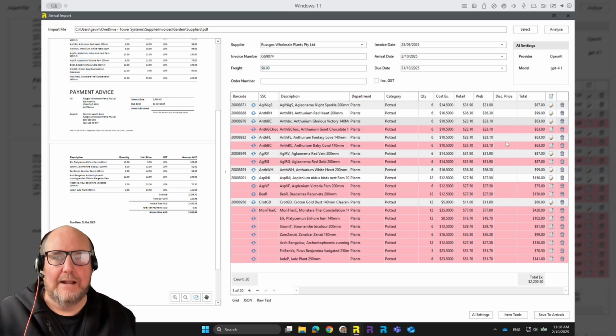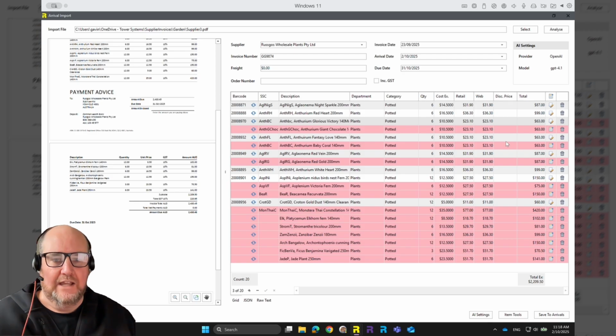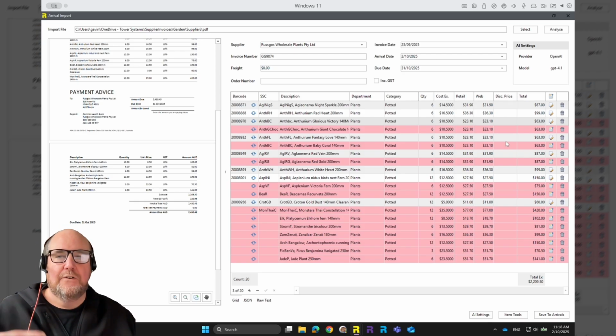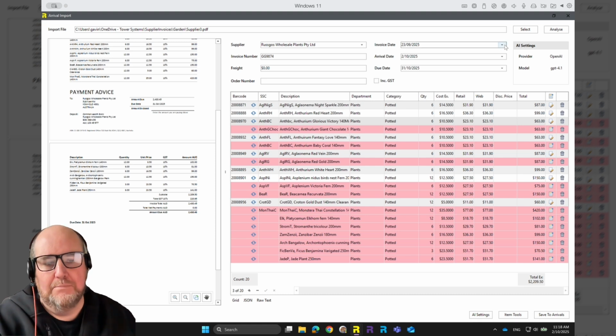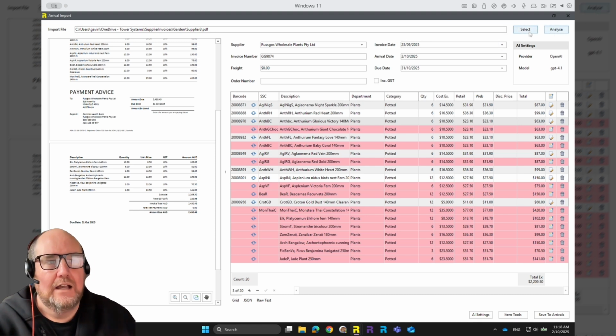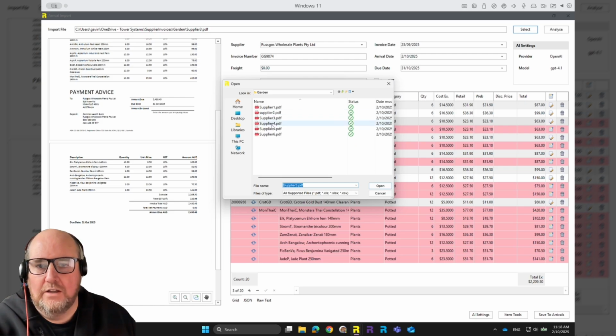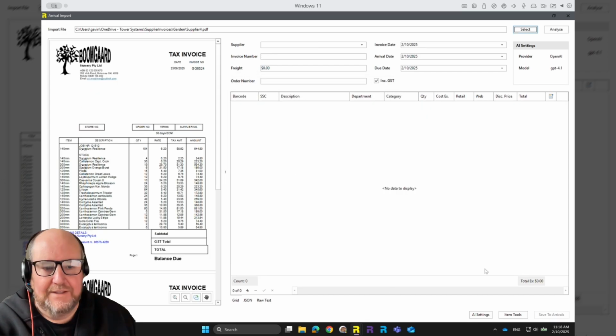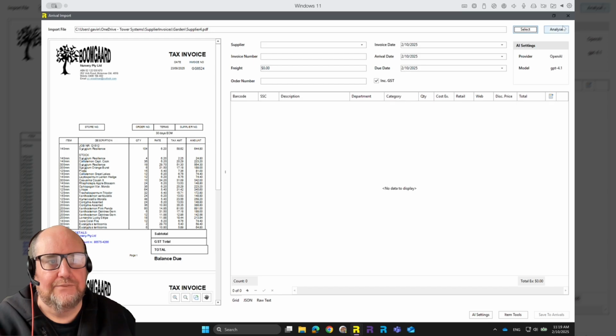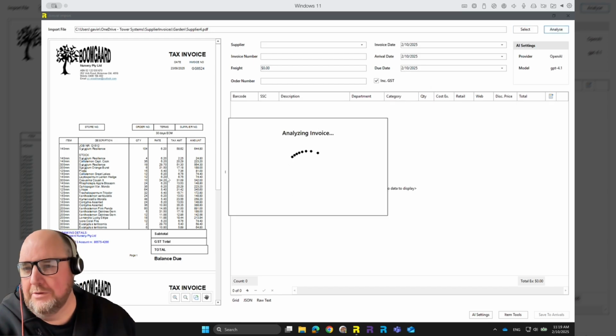Again, while it hasn't matched everything correctly or immediately, it's still faster to do it this way rather than arriving them line by line manually, in my opinion anyway. I've just got one last file I was going to show you. And we can see this one here is a little bit funny because they've got an item code, but it's